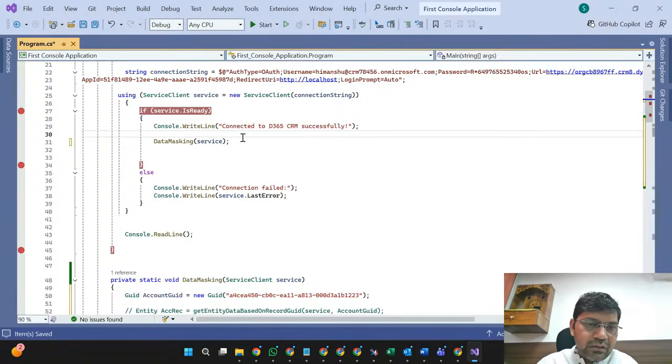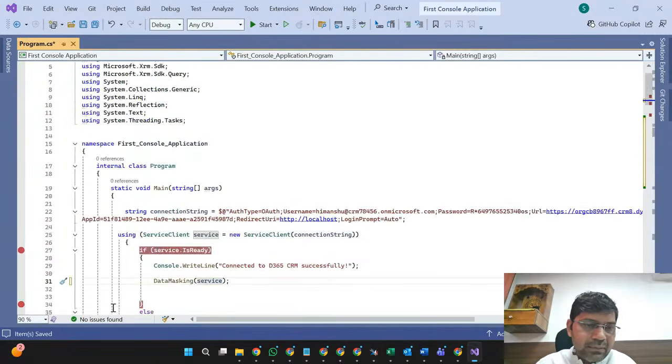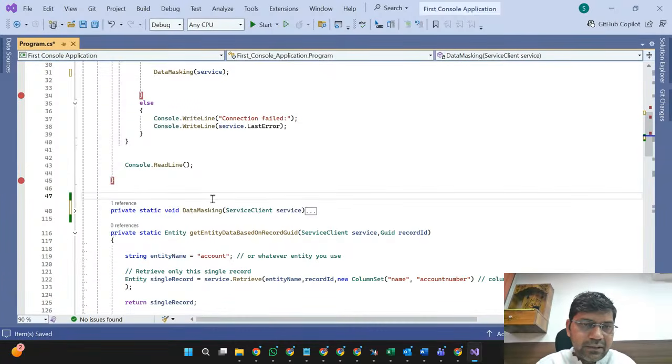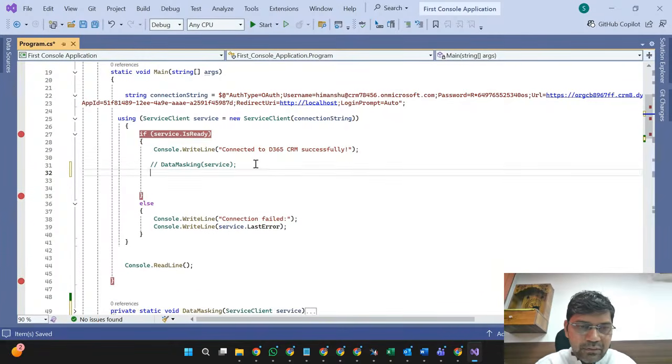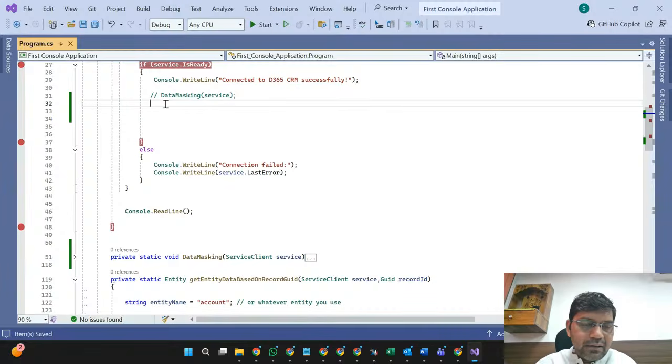So it is not like everything I have to write here. I can create my own logic in a separate function and call that function separately. Because this activity is completed, now we don't want to use this one, but this is the way we can call that different logic into our main code.